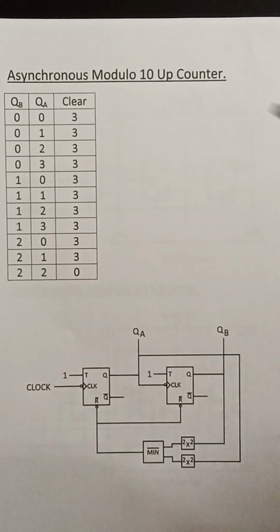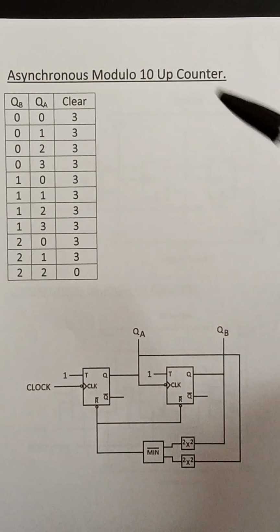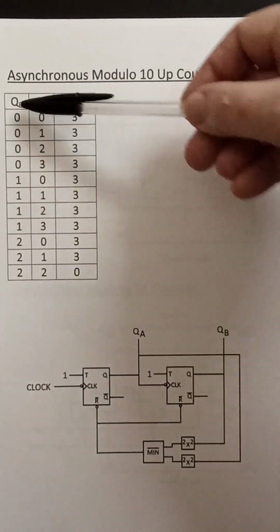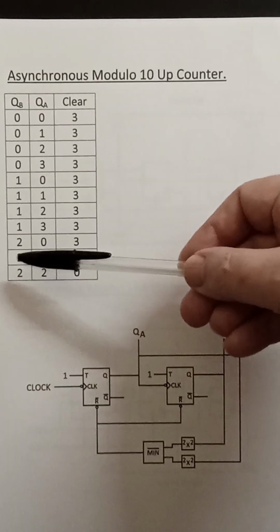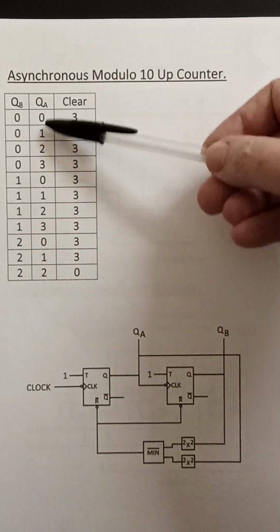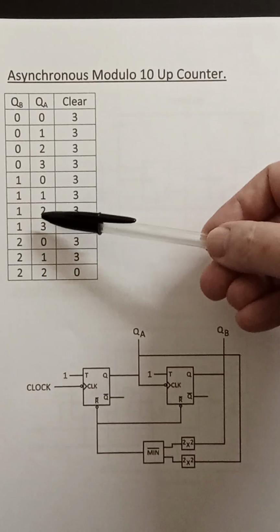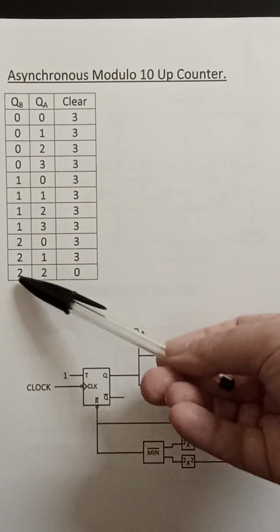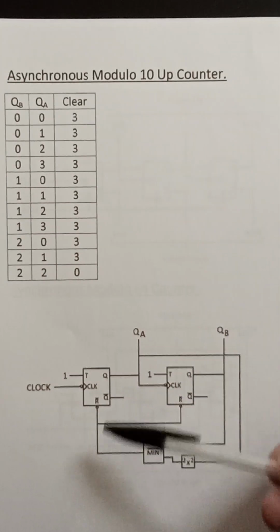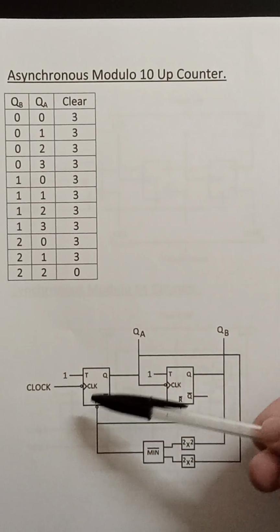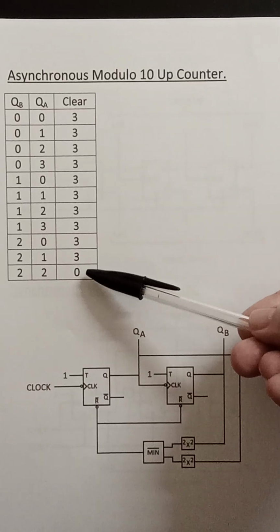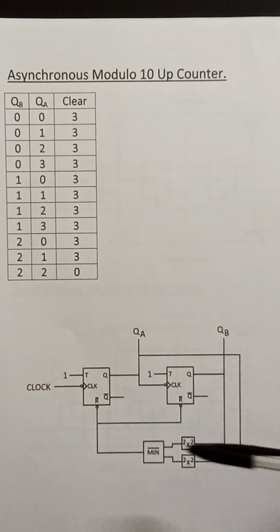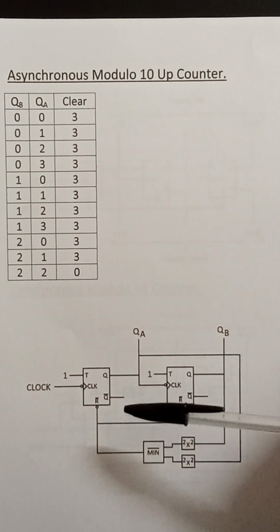Here we have an asynchronous modular 10 up counter. Basically QA and QB count up from 0 to 9. 0, 1, 2, 3, 4, 5, 6, 7, 8, 9. Then on the 10th one, the clear, which is this reset circuit here, clears QA and QB to 0, resets it. So, of the circuit diagram,